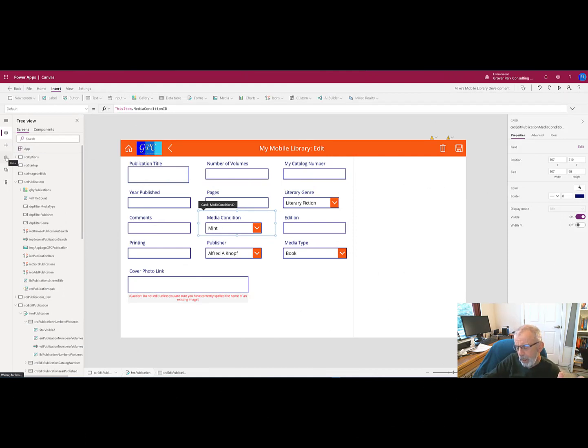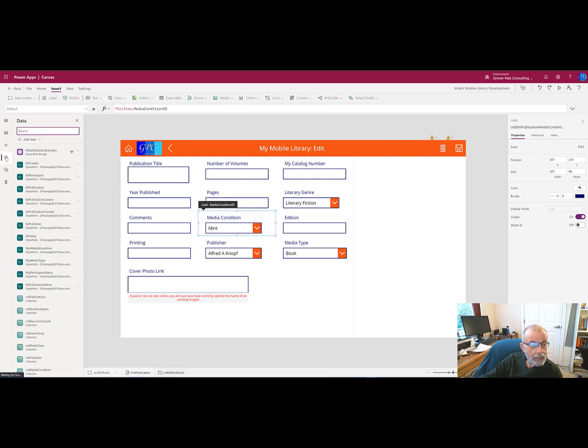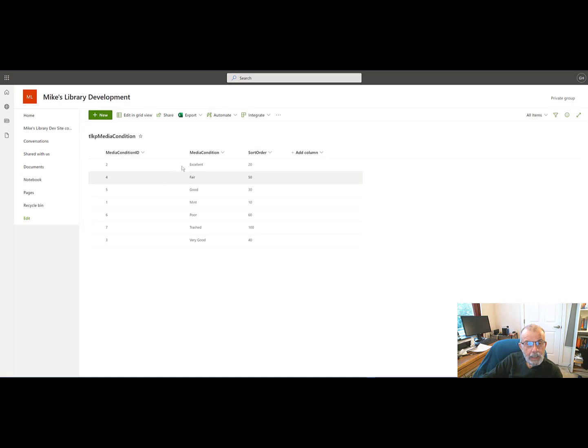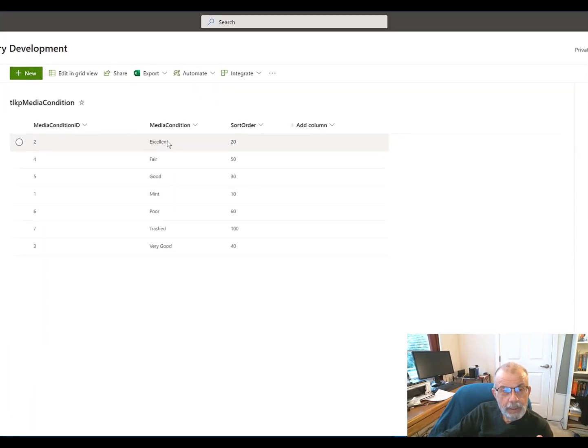I keep calling them tables, they're SharePoint lists. Well, let's look at that SharePoint list, which is the media condition list. Edit the data. And you can see here why we're using sort order. If I try to sort on the primary key field, which is media condition ID,